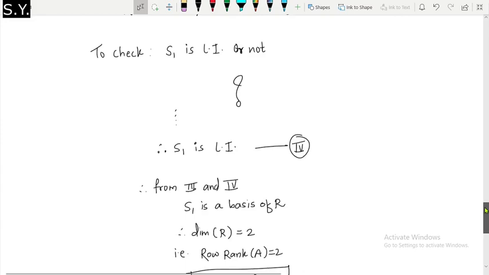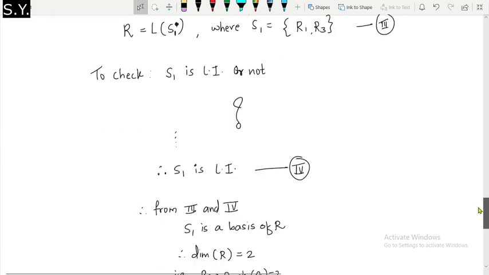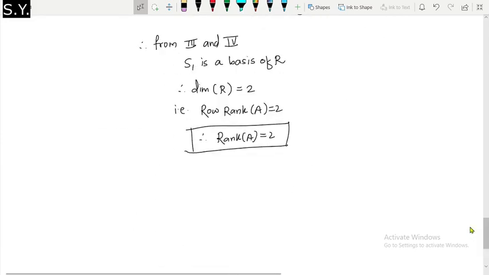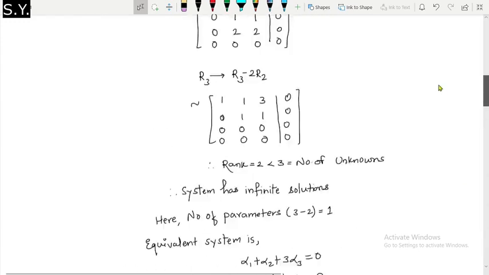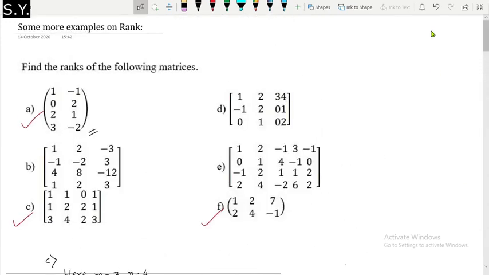So that's all then for this class. I hope you understood this. So you can try some examples on your own. Lot of examples are here in this question. You can specially try this one. This is going to be lengthy, avoid it, but still you can try this one also. So this B and D you can try.